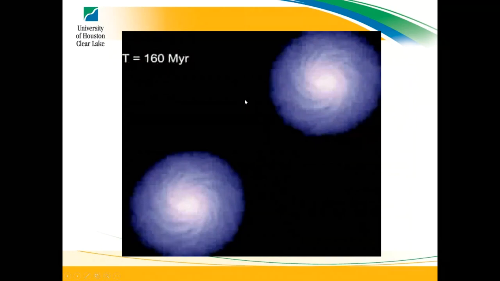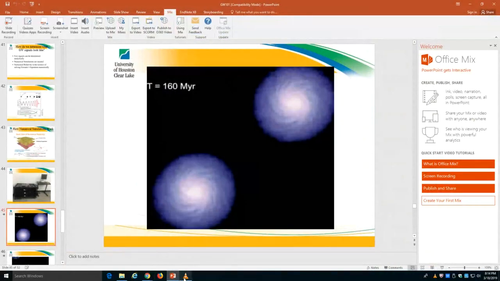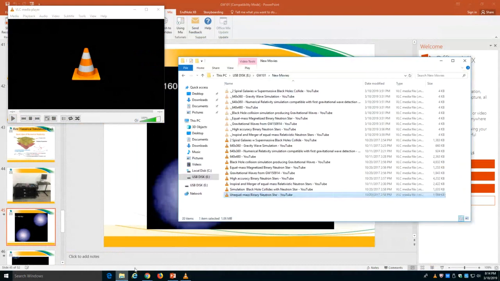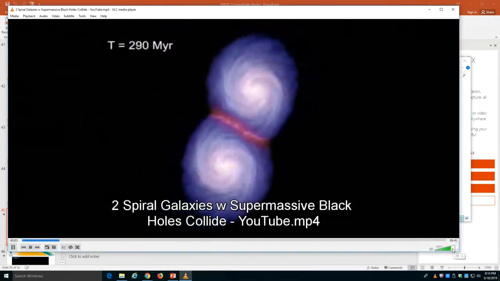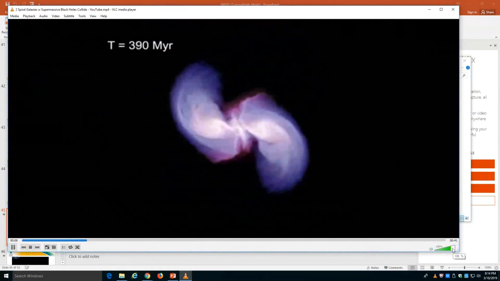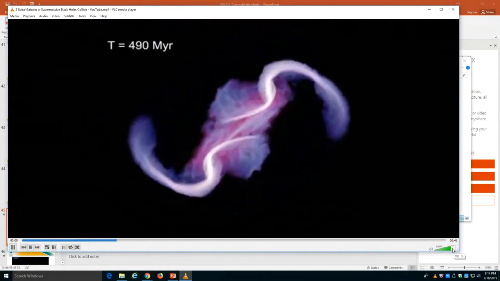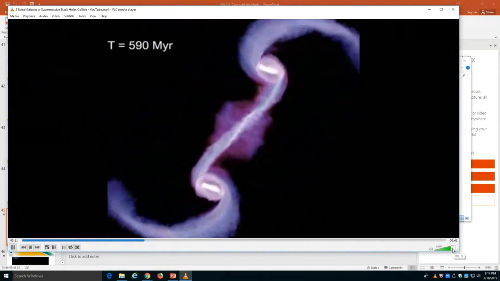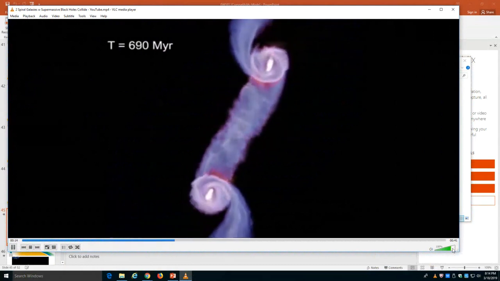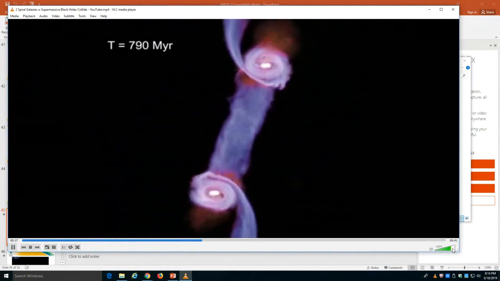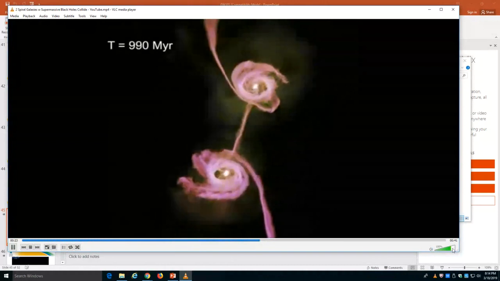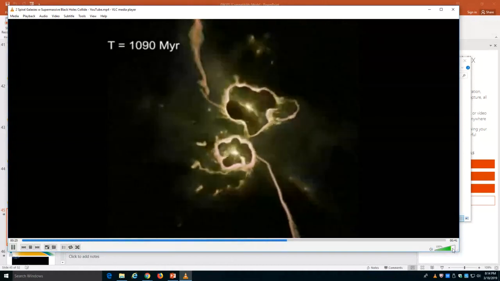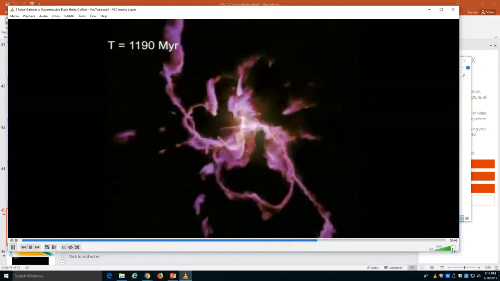So I want to show you another movie before we go. And this has to do with the merger of supermassive black holes. What's happening is we actually know the galaxies collide. And we also know from physics that in the middle of these galaxies, there are supermassive black holes. The neat thing here is that you put the two of those facts together and you could see that you're going to get supermassive black hole collisions or near collisions from these galaxy collisions.